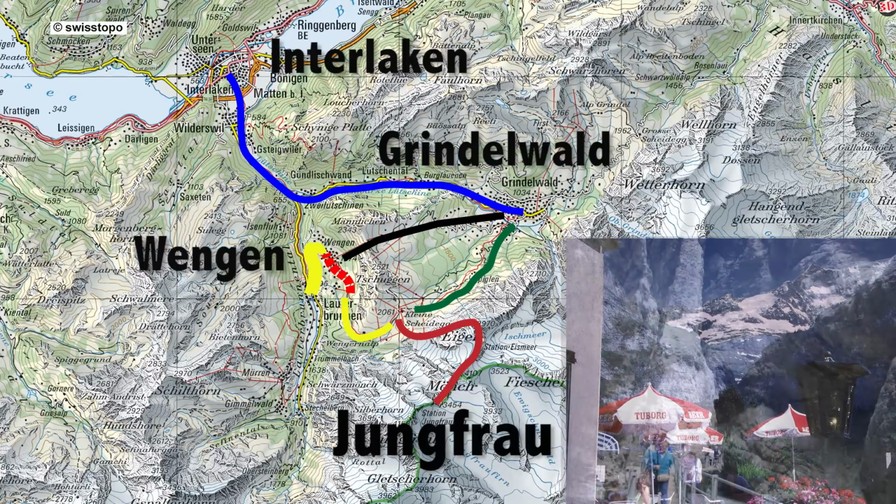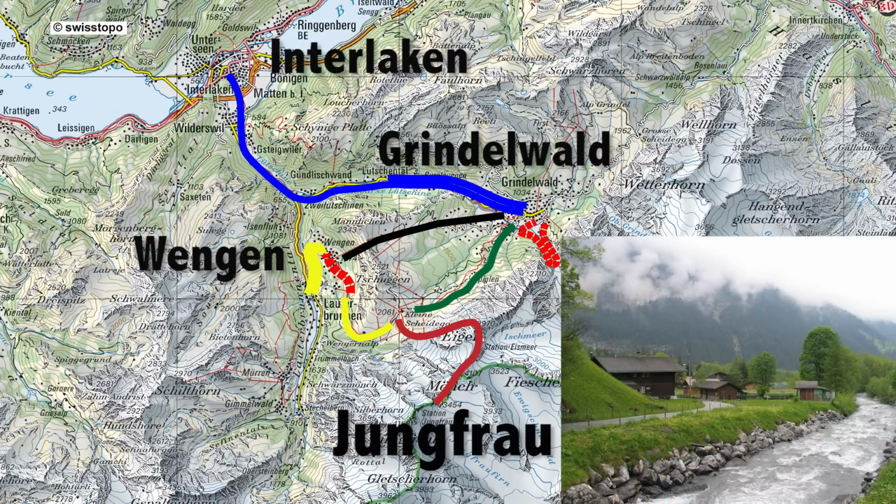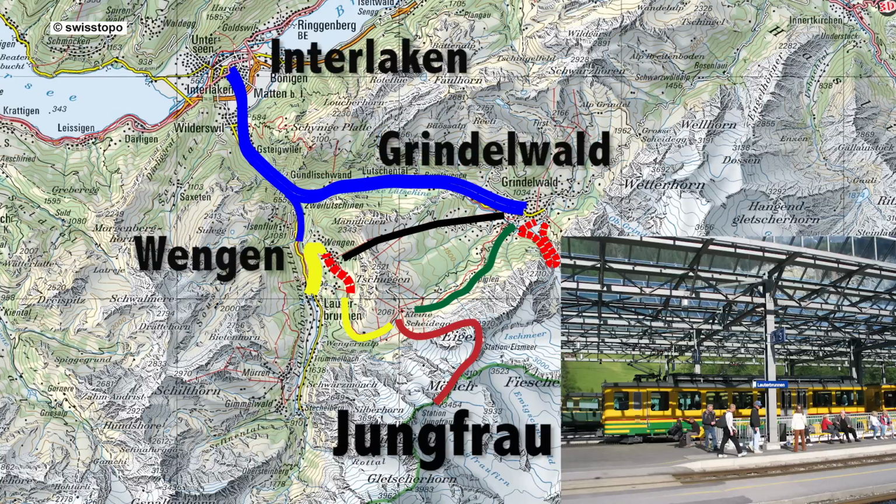Plus, you can take a hike there in a glacier canyon. Then take the train back down to Interlaken where you started the day. By the way, you could do this entire route in the opposite direction, getting to the Jungfrau via Lauterbrunnen, but